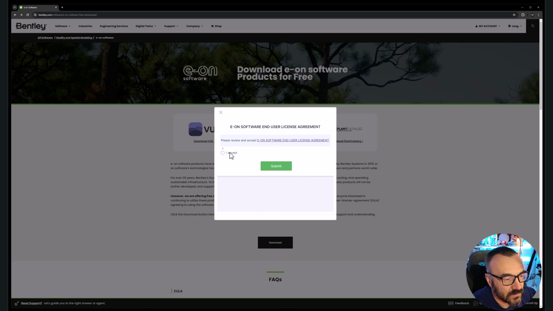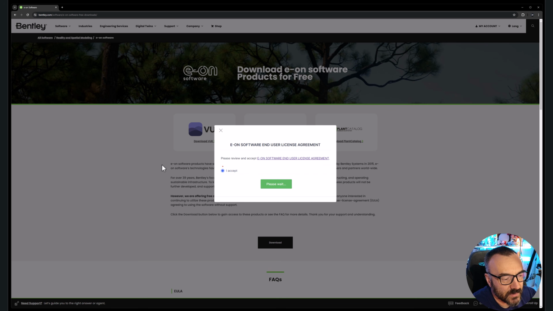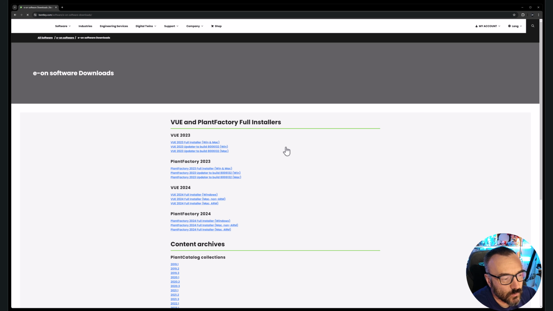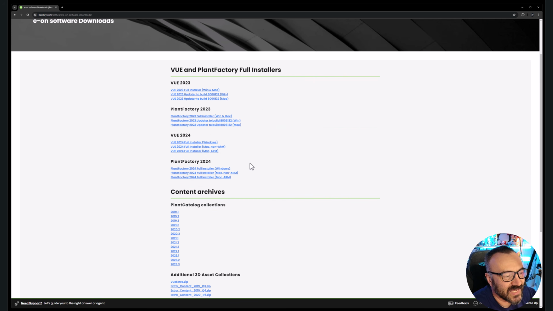Okay, let's go next. Right here, when you read this, click accept and click submit. After this, you will be redirected to the page where you can select the different versions for downloading. And let's look at what we have. We have 2023 and 2024 versions. The difference is